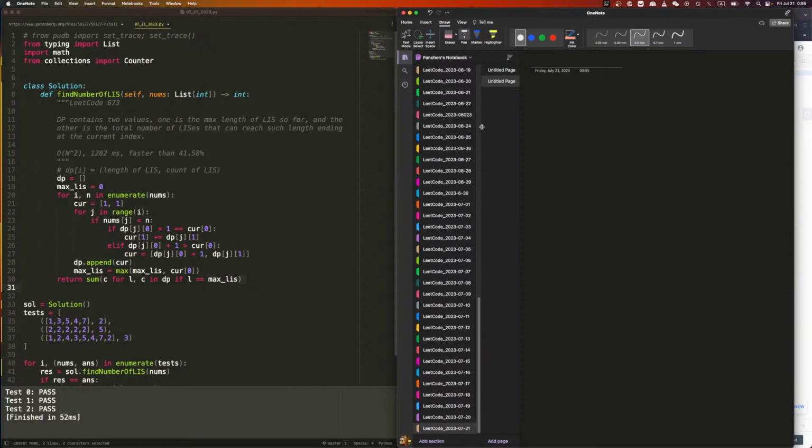Okay, so we'll go 1, 2, 4. Right, now into 3. So this one will be 2. And 5. Right, and then 4. 4, this will be replaced to 4. So we have 2. Then 7. Then 2.